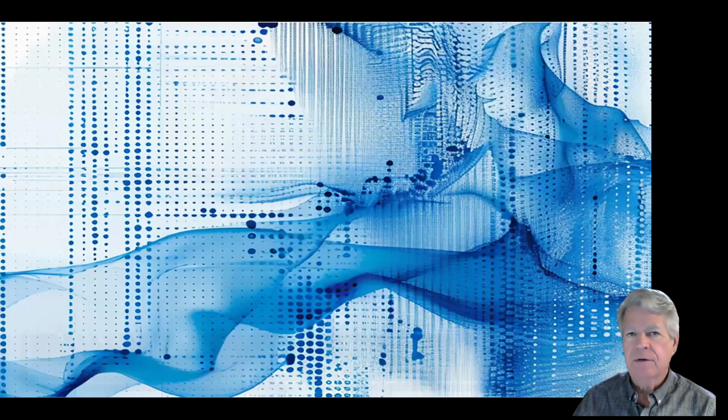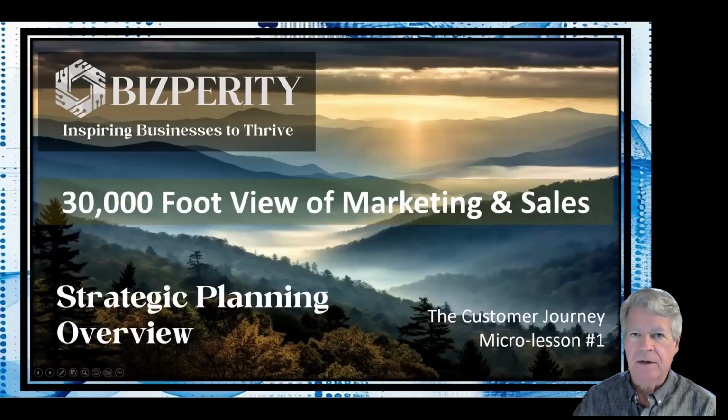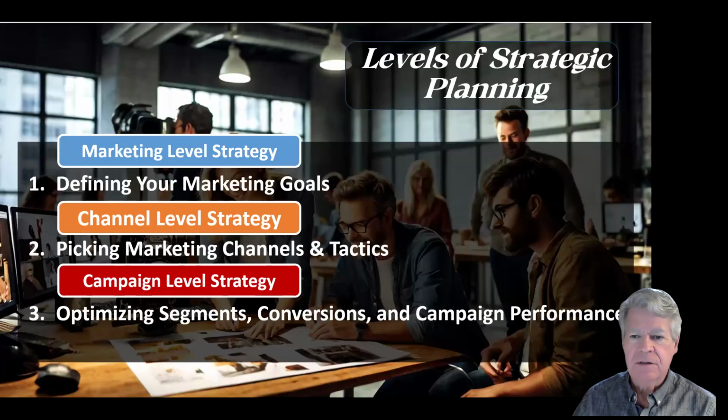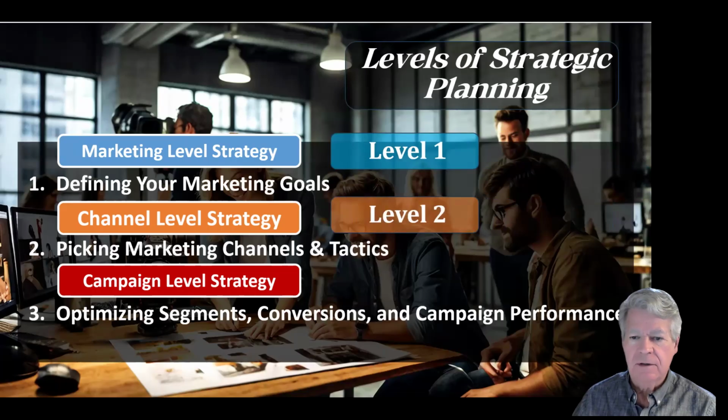You may recall our very first video lesson, Strategic Planning Overview. In that video, we briefly covered the same tactical considerations we've addressed in this micro course. Campaign level strategy is the 3rd level of strategic planning. Marketing level strategy is where you define your marketing goals. Channel level strategy is where you pick your marketing channels and tactics. And campaign level strategy is where you design campaigns and optimize performance. This is where most of your time is spent when building a marketing system, unless you outsource this work to